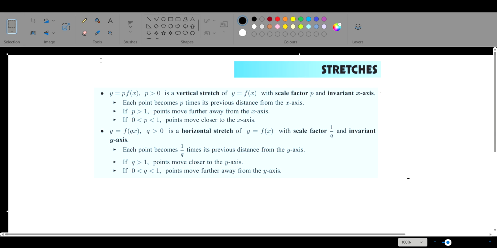See, 0.1x square is making it a more huge size. So this is the conclusion of stretching. Let's come back to the